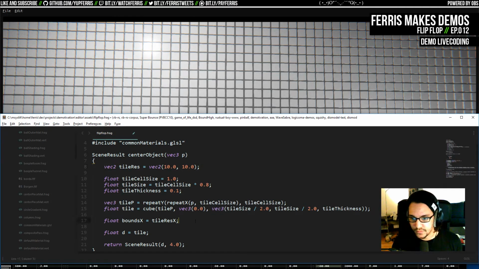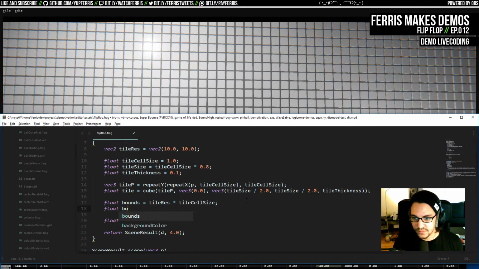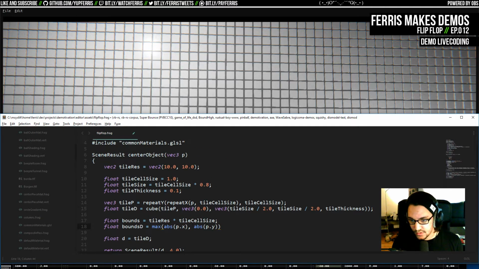And then we can do tile res by tile cell size, and that should basically be it, except I want the bounds distance. Use tile D to make that consistent. The distance to the bounds is going to be abs p.x. I think we can just do max abs p.x, abs p.y, get the maximum of those two, and then we do